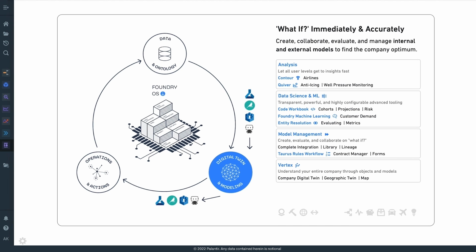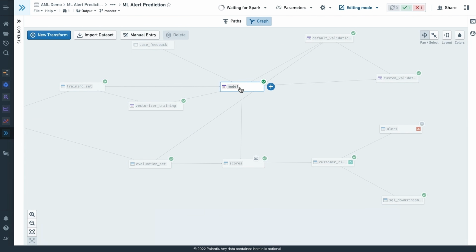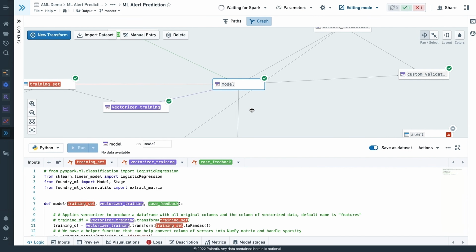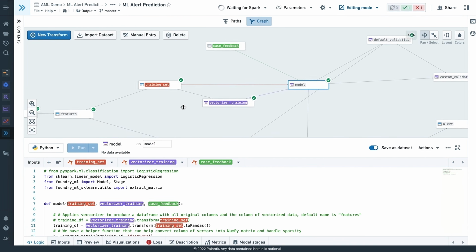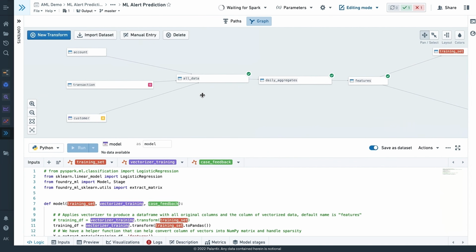And so as an example of how I might build a model end-to-end using Foundry's existing data science tooling, I'm going to switch personas again. We have talked about the data engineering persona, some of the business personas. Now let's think about the data science persona, where I'm in an environment that looks graph-like or lineage-like, but is intended to feel very familiar to those who have used other data science tooling. If I pop open one of the steps in my model and zoom out, you'll see concepts like training sets and feature creation, all the way back to the objects that I'm actually pulling data from.